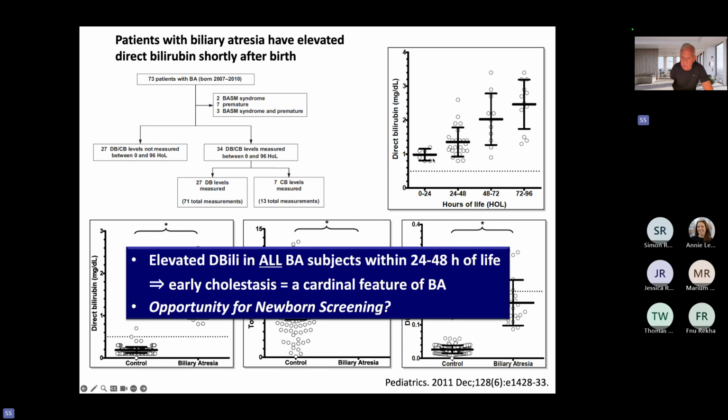0 to 24 hours, direct bilirubin 1.5 at 48 hours, 2 at 48 to 72 hours, and 2.5 at 72 to 96 hours. What does this tell us? Well, this tells us that there's an opportunity for newborn screening. And I would suggest, given our patient population, given the fact that follow-up is not always easy,